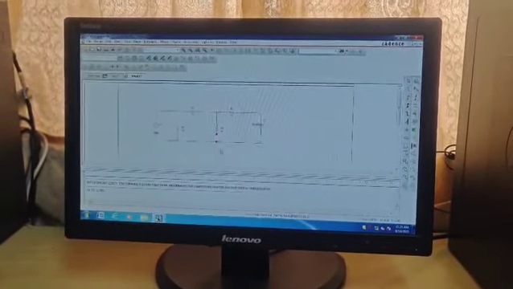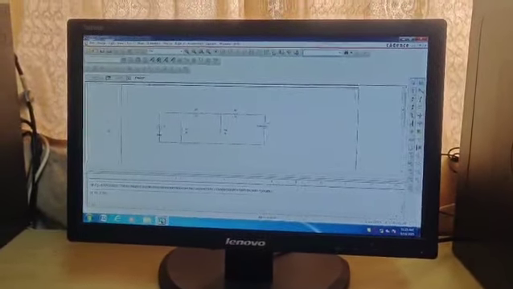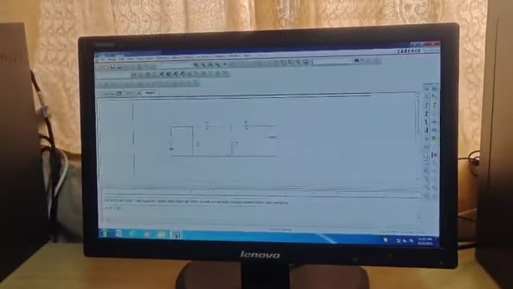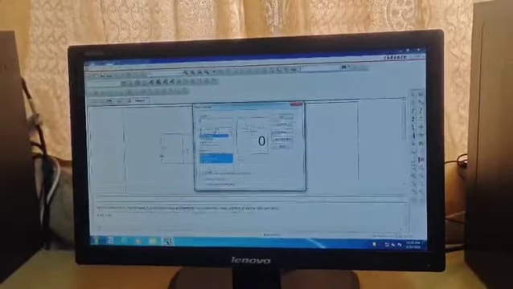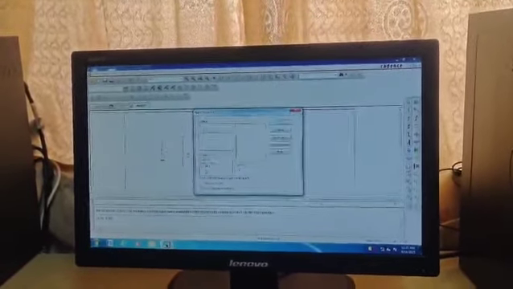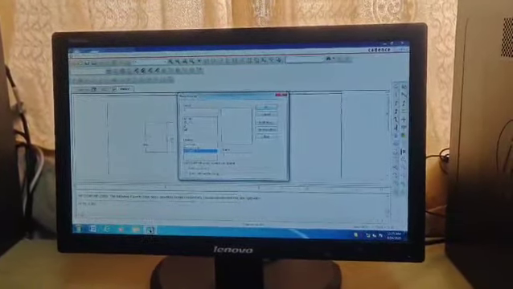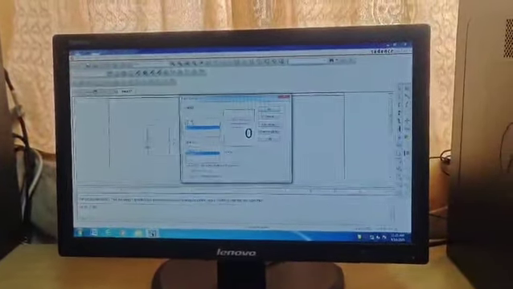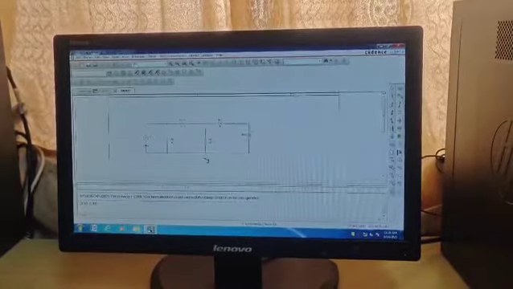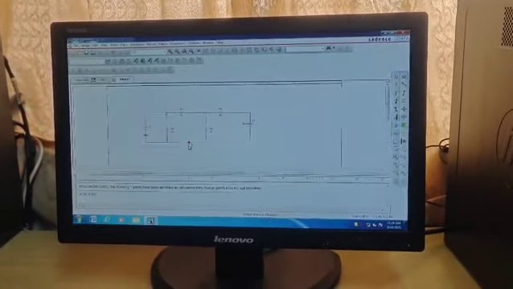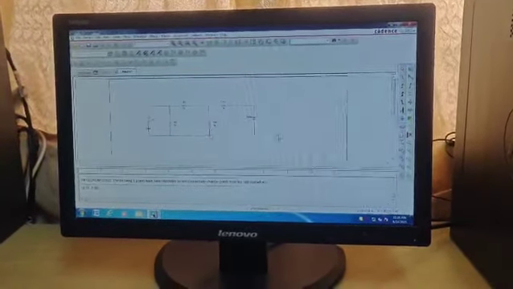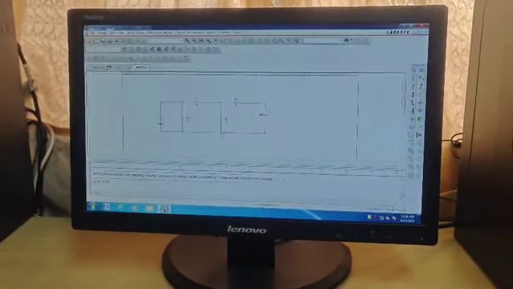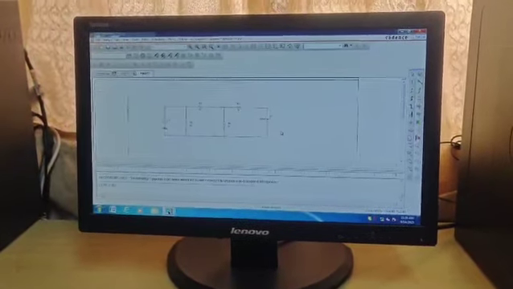Okay, give escape. So I have finished drawing the circuit. Now we have to give a ground, because every circuit works only when there is a ground connection. So you have to select a zero source ground. It is very important, zero source ground. Click OK, and you can place it anywhere. Just click it and it will get pasted. So now I have drawn the circuit with resistors, sources and ground.